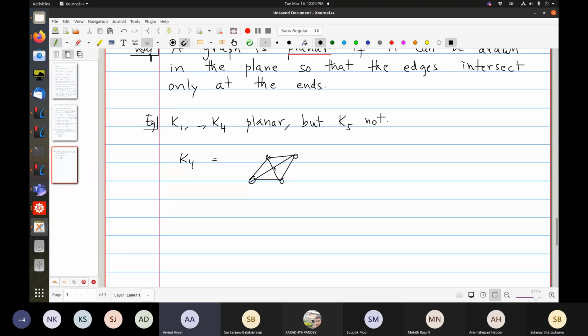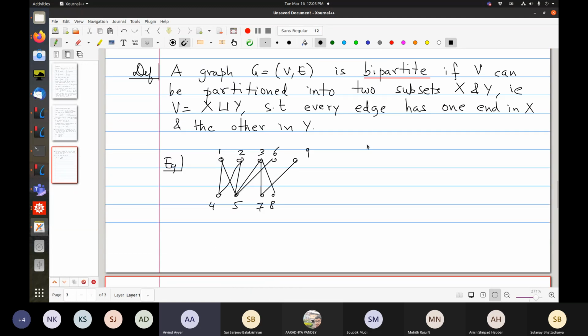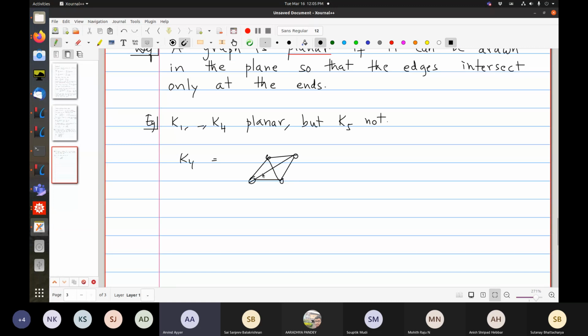So this should remind you of a 3D picture. So this is a tetrahedron, basically. So you think of this outside the plane of the paper, for example. So you might think that it's not planar, but it is in fact planar as I drew over here, if you put this vertex over here. But K5 manifestly cannot be drawn this way, and to see that you actually need the Jordan curve theorem. Okay, so these are non-trivial things.